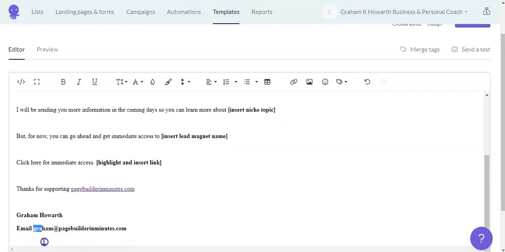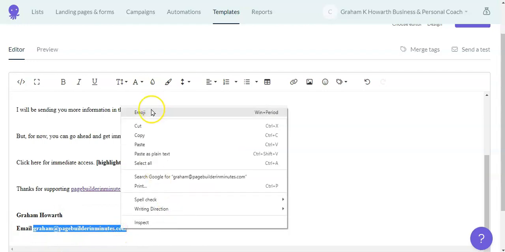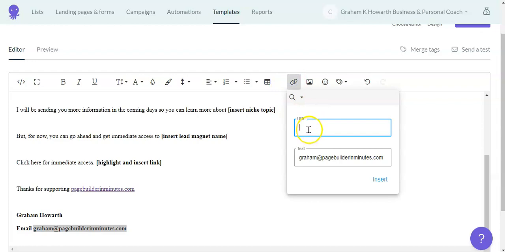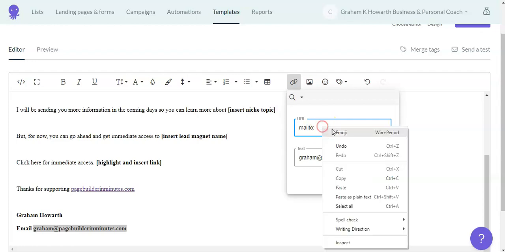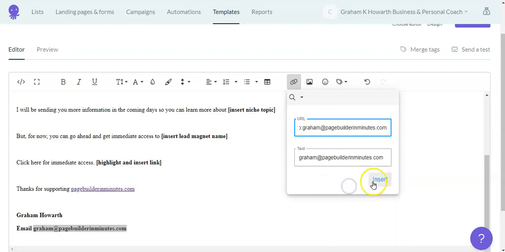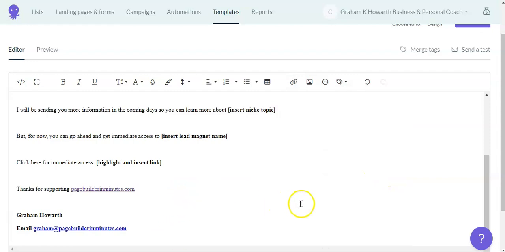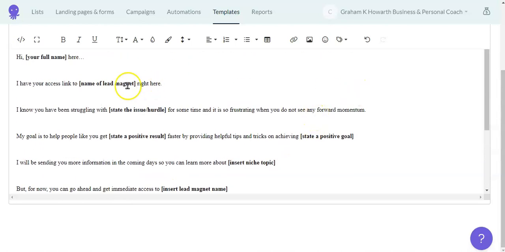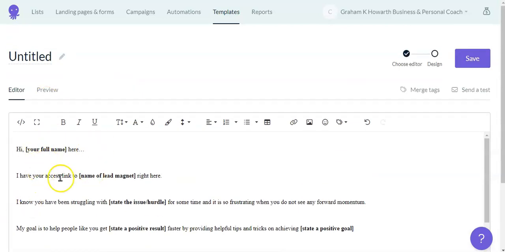If I just highlight that, copy it, then when I do the link, then I can put in here mailto, insert that, and you'll see we've now got an email link in there as well. So you can modify this in any way you like.